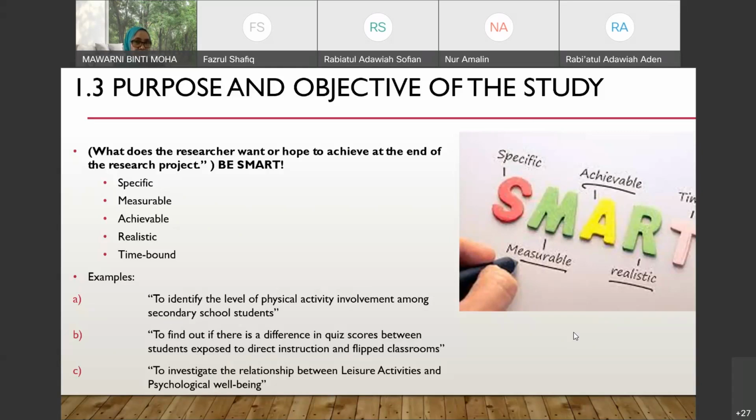Now, specific is precise about what you're going to do. If you want to talk about isotonic drinks, a beverage, you focus on that. You're not talking about tongkat ali drinks, for example. It's a matter of simple yes or no questions for being specific. Measurable, you can measure what you are going to do. Basically it is describable.